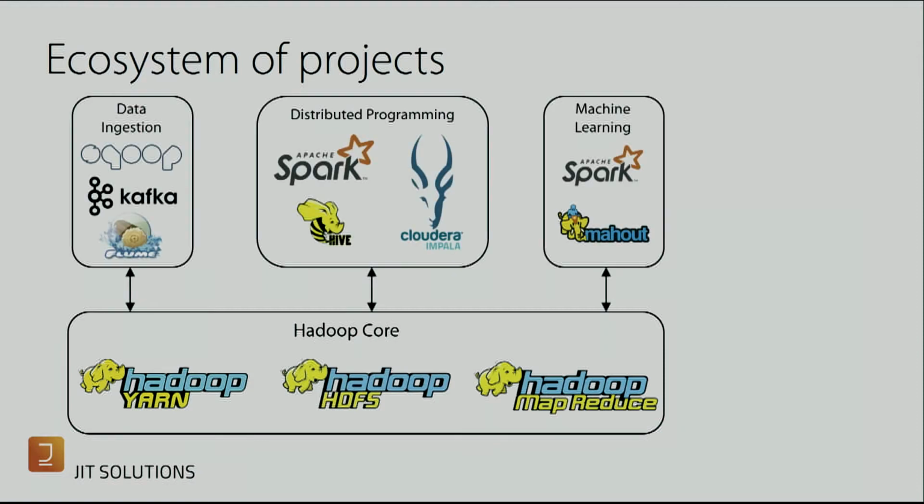Around the Hadoop core, we have a huge number of open source projects, about 50 in the Apache Foundation itself, that help you develop applications on Hadoop. The different ones are connected to data ingestion, distributed programming, machine learning, and orchestration of your jobs on the cluster. One of the most popular ones in recent years is, for instance, Apache Spark. It's a distributed programming model that is superseding MapReduce when it comes to performance and ease of